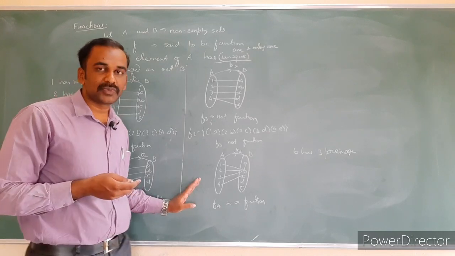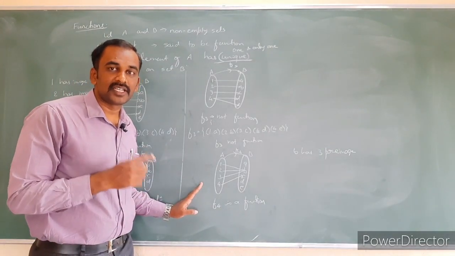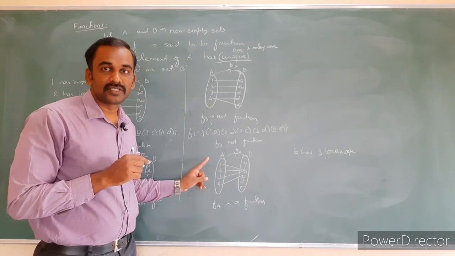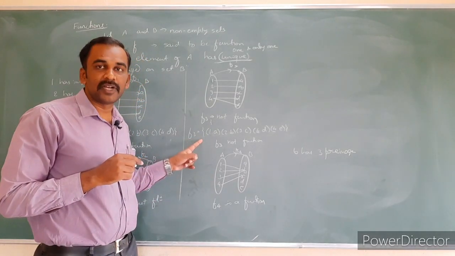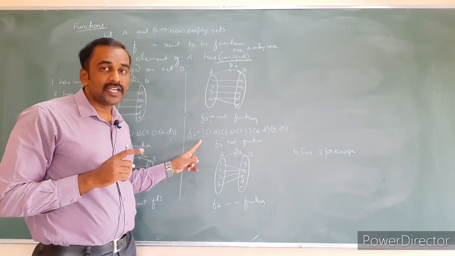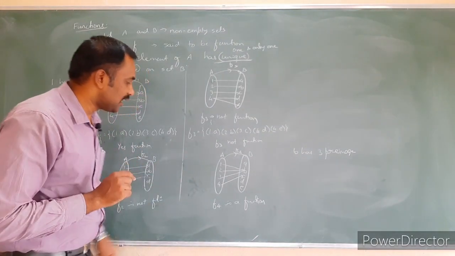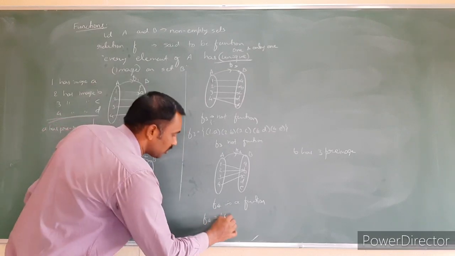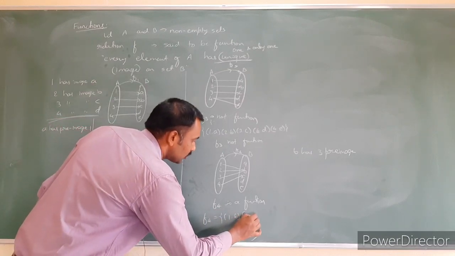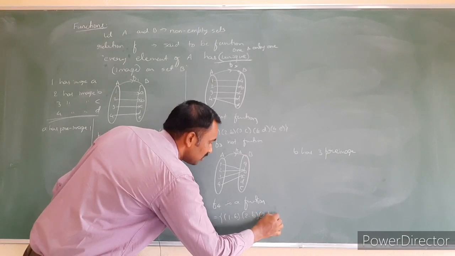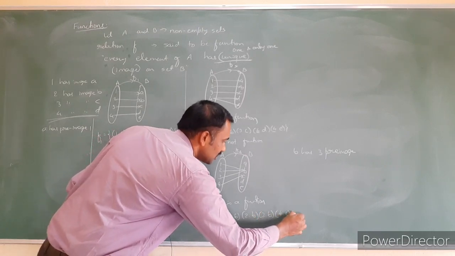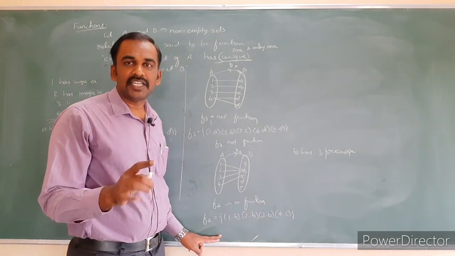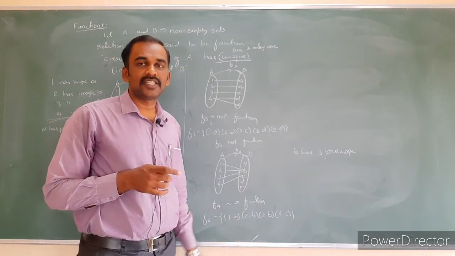Now what do you say about this one? Whether it is a function or not a function? Yes, obviously it is a function. Why? 1 has only one image, or else another hint I just gave: in the ordered pair, the first element should not be repeated. Yes, write the ordered pairs. What are the ordered pairs present in F4? F4: (1, B), (2, B), (3, B) and (4, C). Is the first element repeated anywhere? The first element is not repeated. That's all. Obviously, it is a function.